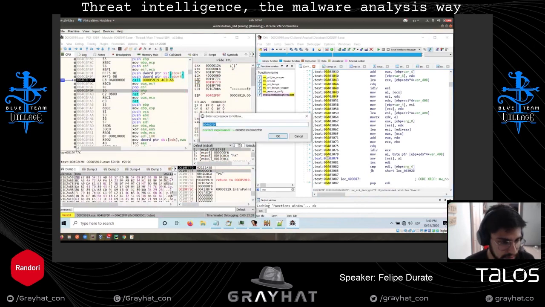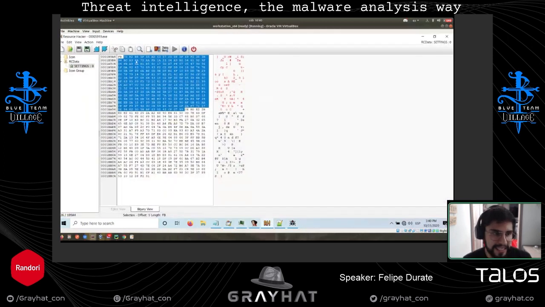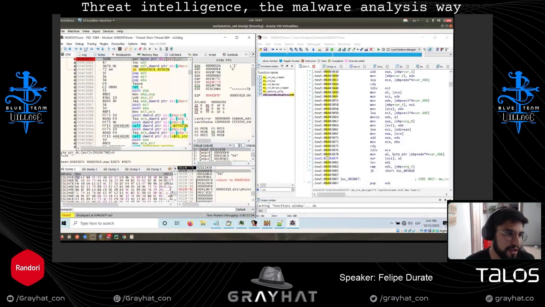We go there, and you see, this is the XOR. According to our hypothesis, this is the key length, this is the key, and the first byte that must be XORed should be, or must be, sorry, CE. If that value is CE, probably we are in a good path.